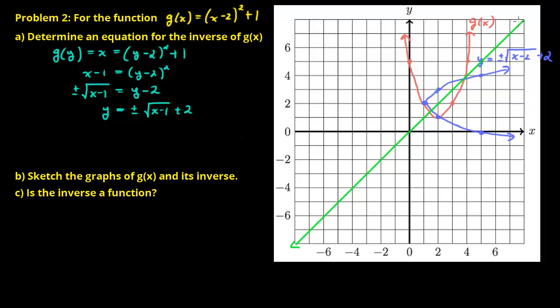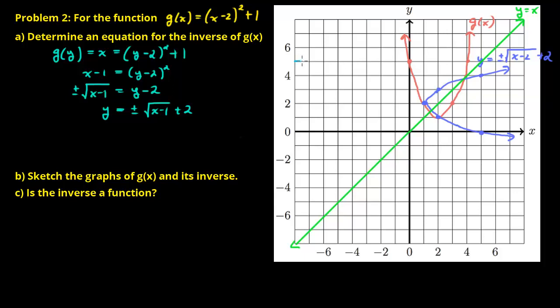So this is the line y is equal to x. It's the identity line, and you can see that the inverse is a reflection of g of x about the line y is equal to x. It's pretty obvious to see that if you reflect g of x,